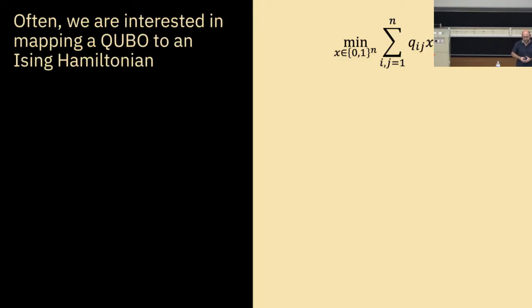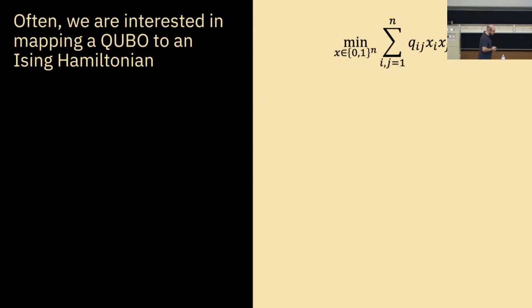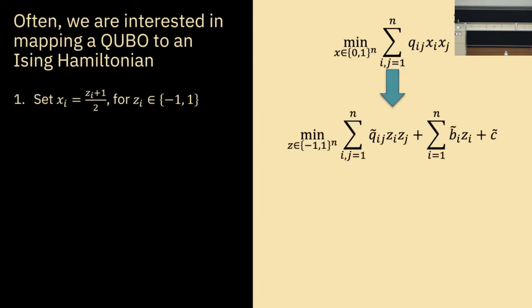Okay, so this QUBO problem in this binary optimization form is one way to represent it, but often we want to map it to an Ising Hamiltonian. And I just want to briefly go through the steps of how this is done. So you see here the QUBO. Now what we can do is replace the binary variables by variables that take values plus or minus 1 instead. That's really just an affine transformation. And you end up with a new problem that looks a little bit more complex because this introduces linear terms and also this offset, but it's essentially the same.